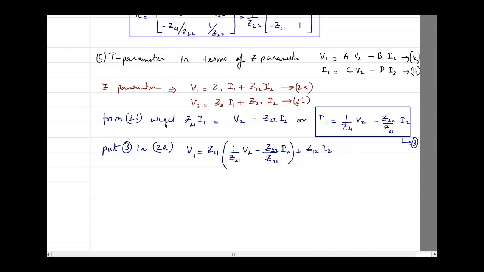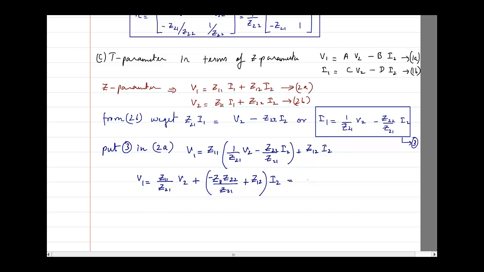From where I can take the Z11 by Z21 V2 and the other terms together, that is I2 terms together. So I will get Z11, so minus of Z11 Z22 divided by Z21 plus Z12 into I2. From where I can do the cross multiplication and I can write,